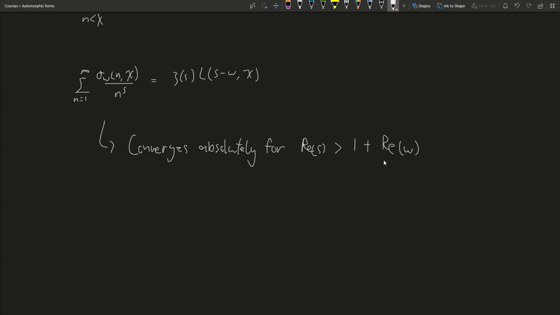This is called the abscissa of convergence. So Perron's formula